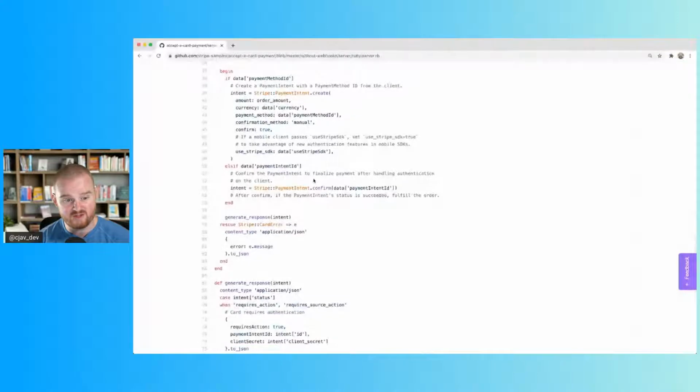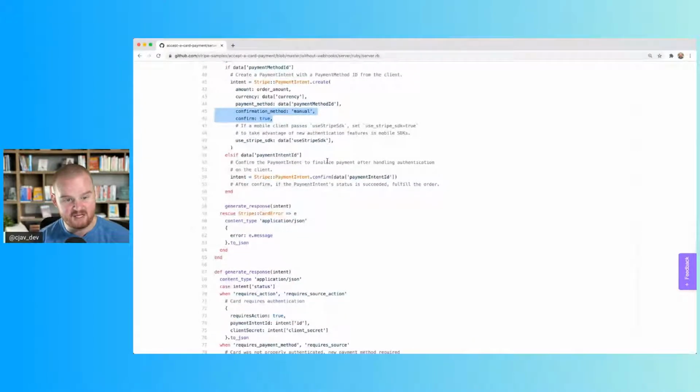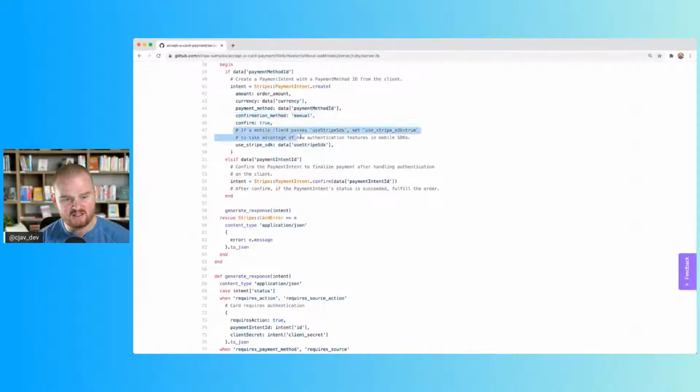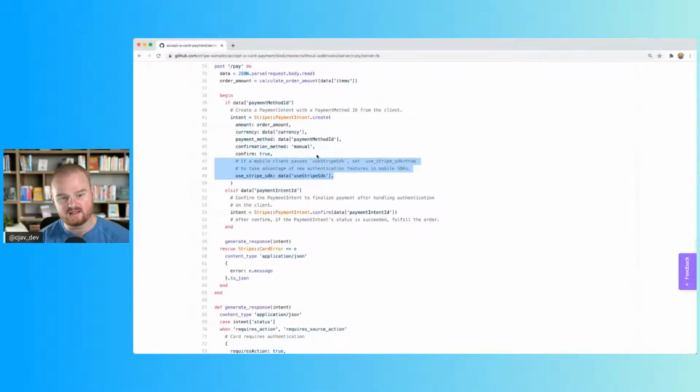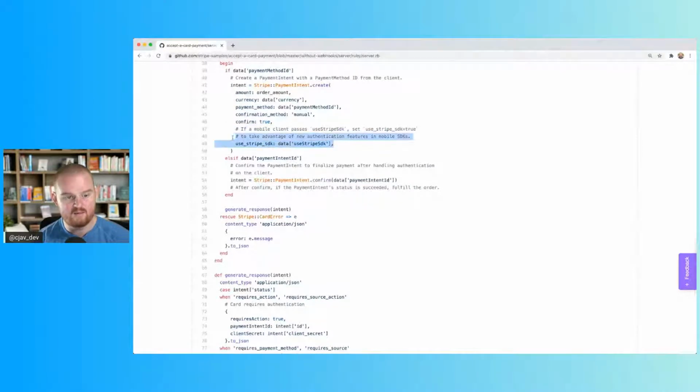But when we're doing it server side, we want to use the manual confirmation method and pass in confirm true. This will attempt to confirm the payment intent. And this flag here allows our mobile clients like Stripe iOS and Stripe Android to pass in use_stripe_sdk, which is another argument that will allow